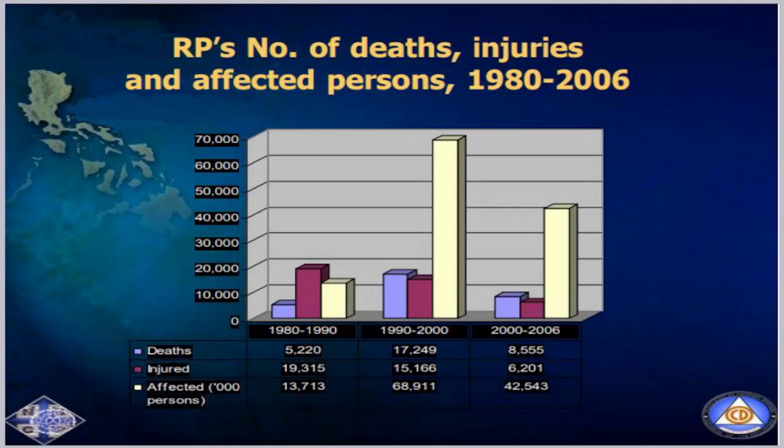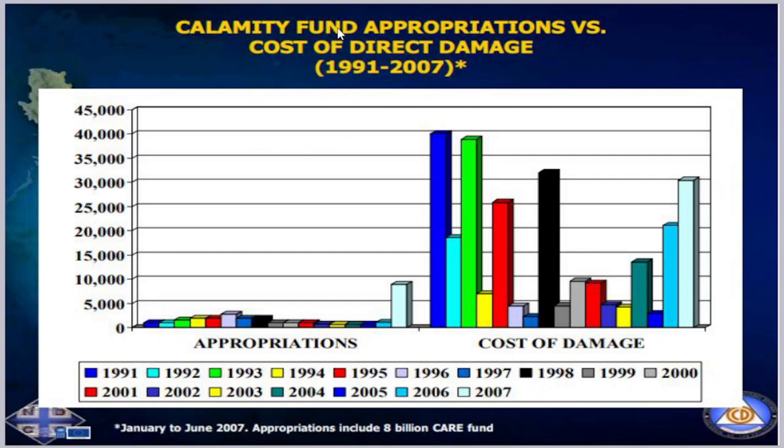Okay? And then here we can see a graph showing the Calamity Fund appropriations versus the total cost of direct damage from 1991 to 2007. So, looking at this table, what can you say? This is the fund for the calamity and disaster, no? Ito yung fund natin. While the cost of the total damage caused by the calamity and disasters is on the right side. So we can see a huge difference in the appropriations and the cost of damage. So ito yung effect ng disaster and calamity sa country. Hindi sapat, no? Hindi pa nga nangalahati yung fund natin para doon sa total cost of the damage